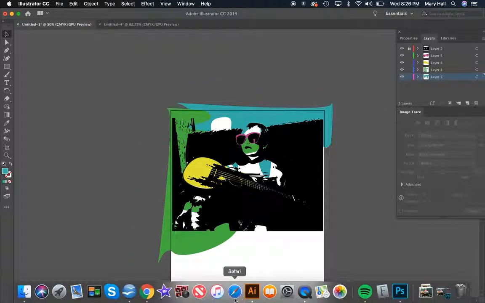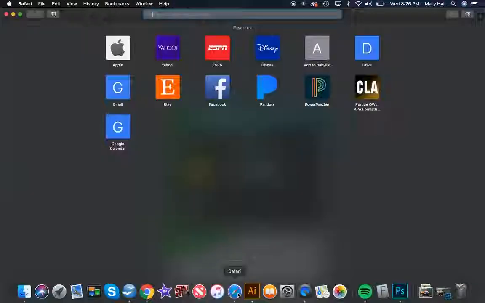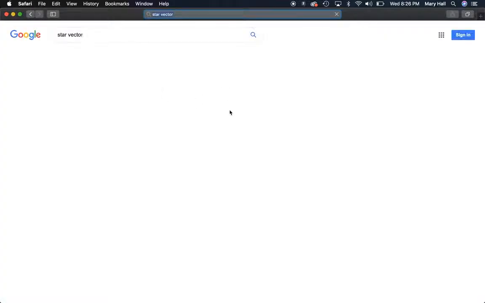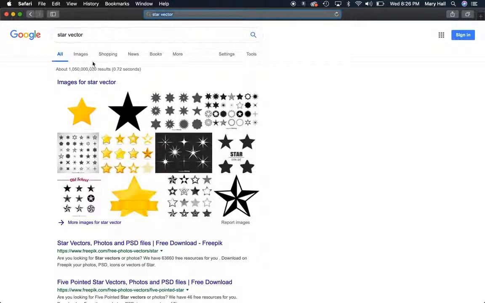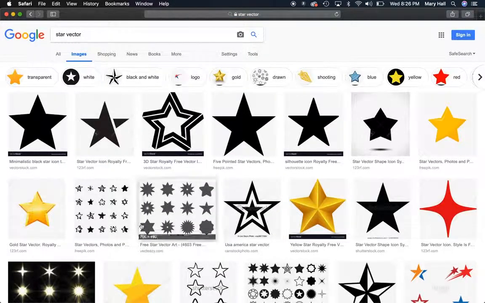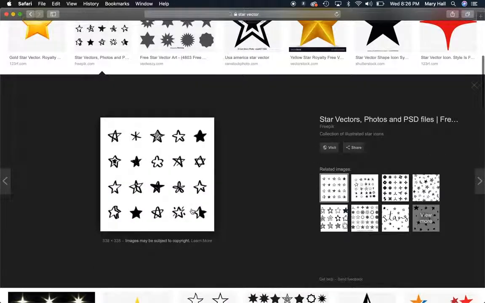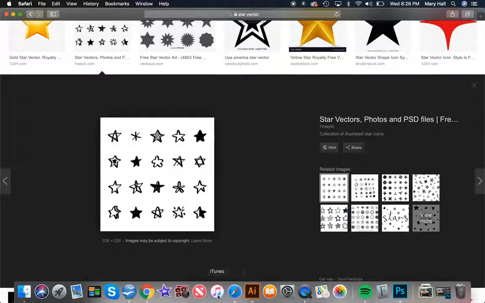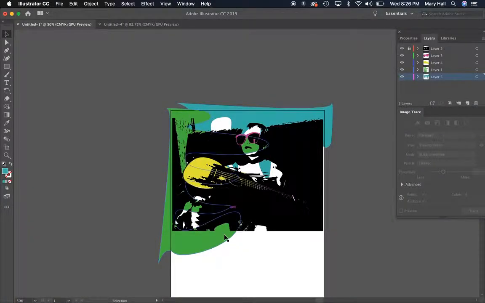For this project that we're going to do, you can appropriate things from the internet. So let's say you want to do some stars, but you didn't want to use a pen tool and make all of them yourself. You could just look up star vectors or star clip art. And we're going to turn all of this stuff into vectors. So I could take these stars and go back to Illustrator,